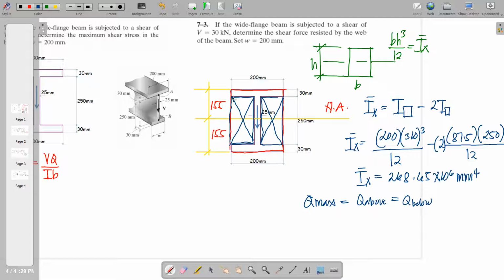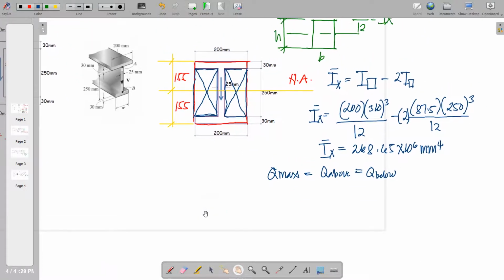Anyway, they have similar shape below and above. So from that, I'll just utilize the larger rectangle here above,